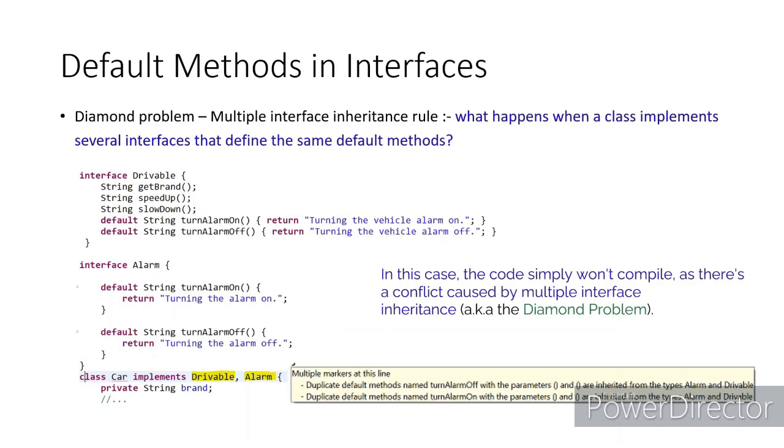This problem used to occur in C++, though, because in C++ multiple inheritance is allowed. So in C++, when you have two base classes with the same method, and you write a third class which is implementing base class A and base class B, and suppose both the classes have the method with the same signature, then both will get inherited in the derived class.